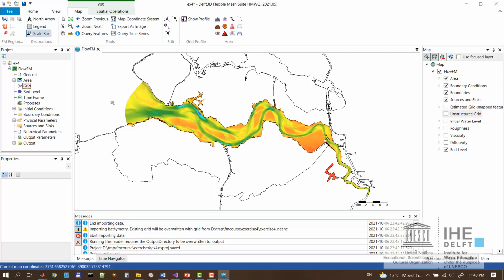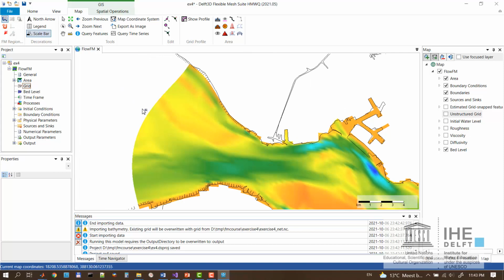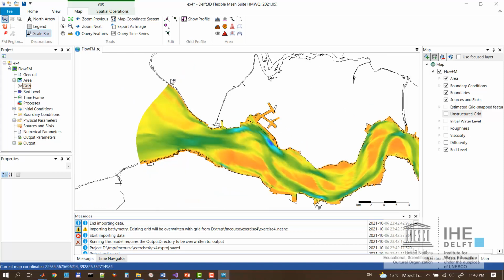First of all, we're going to add two open boundaries. We can do that by using this icon here in the upper left corner. I'm going to zoom in a little bit, and we're going to click a polygon along this boundary, like so, and make sure that